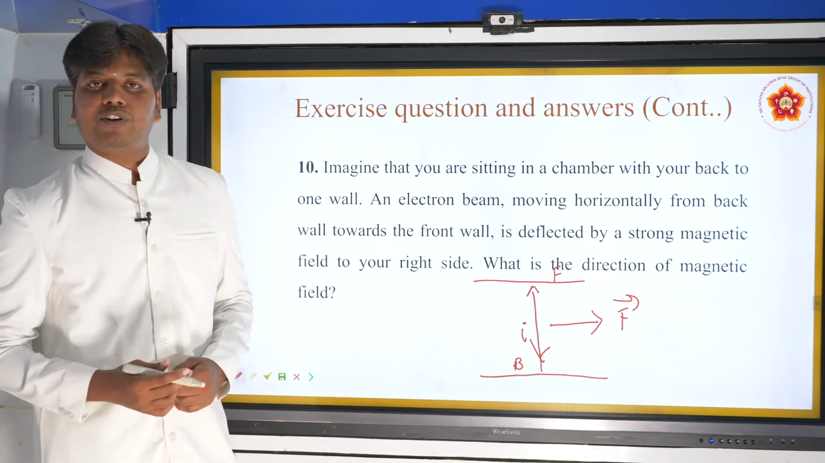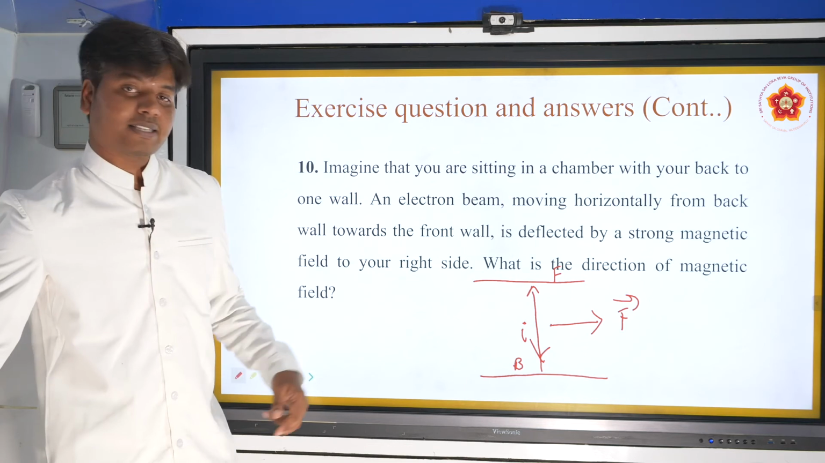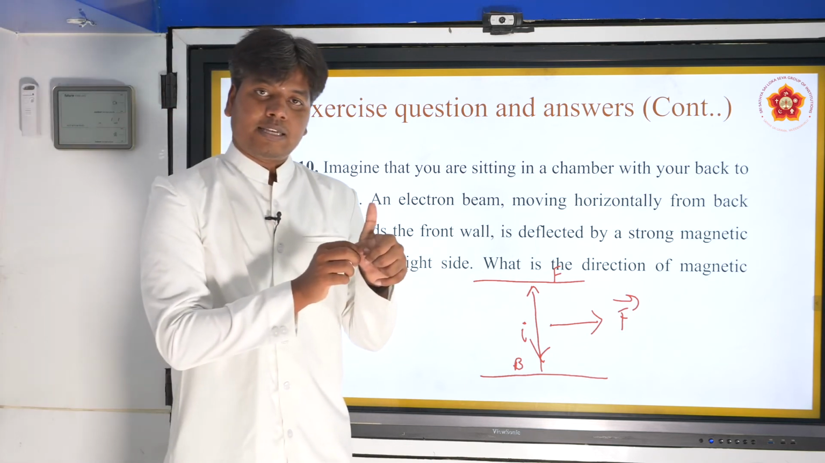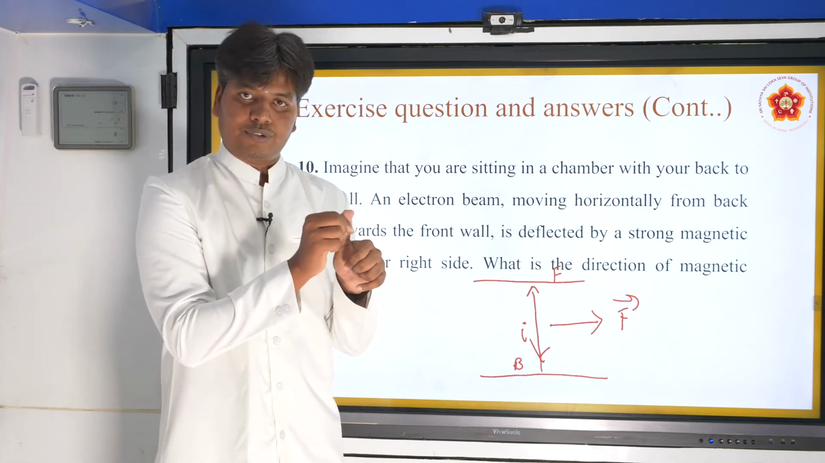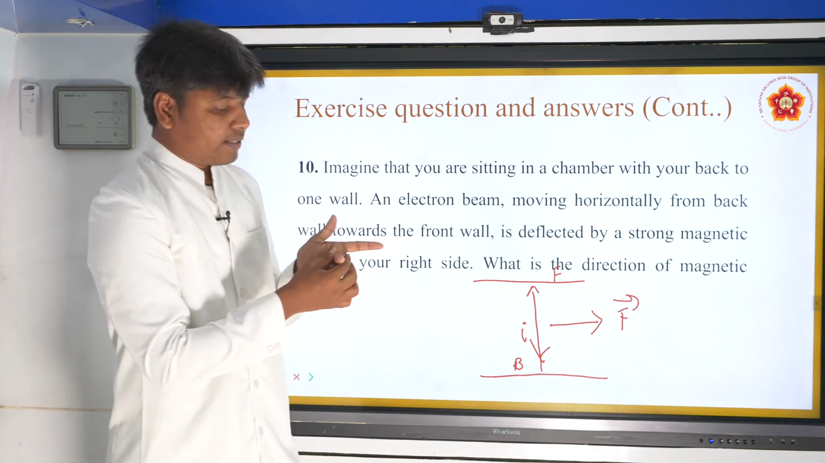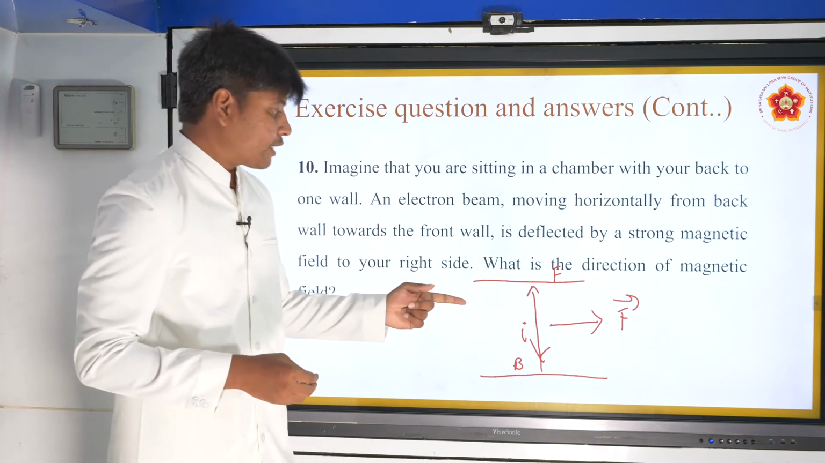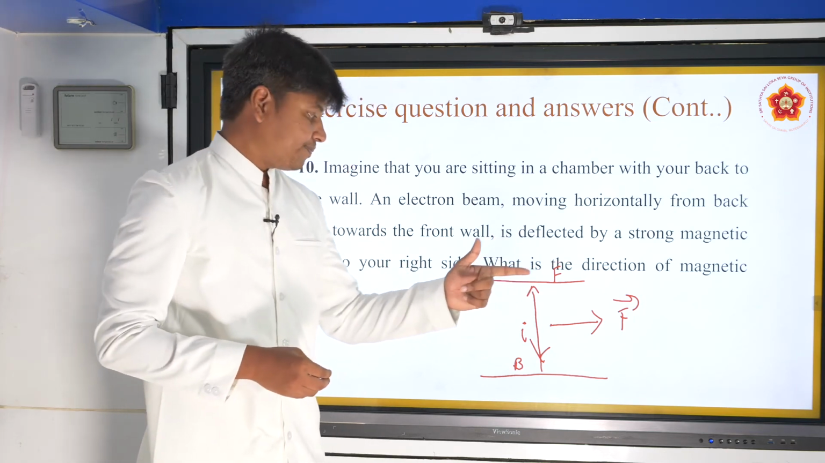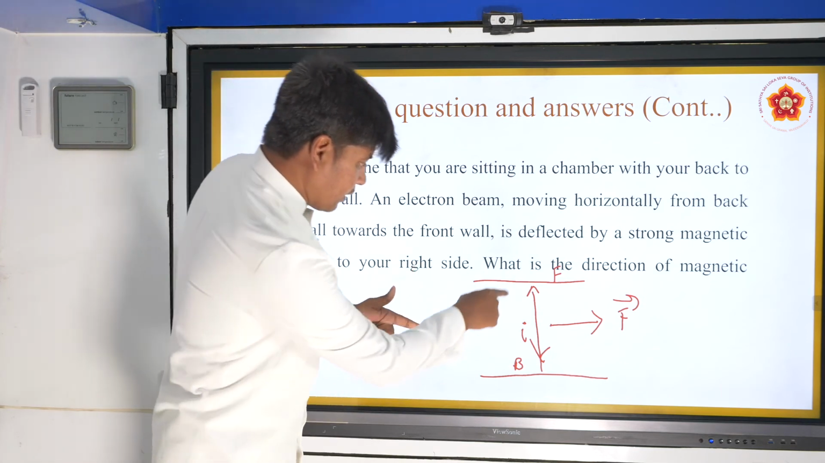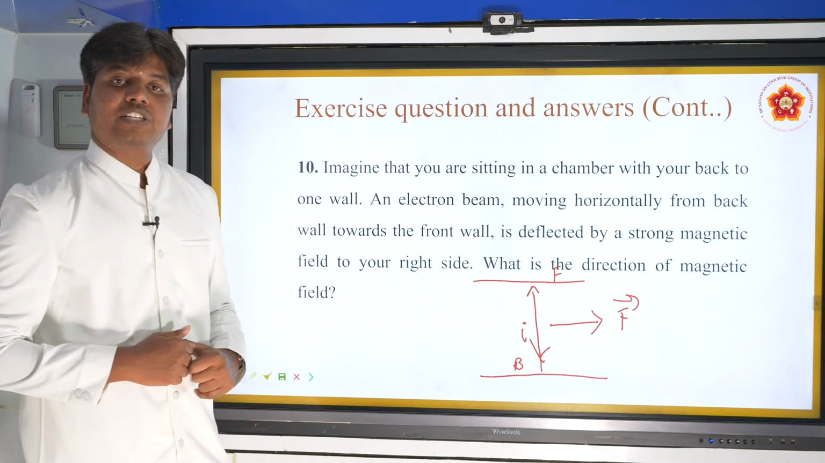Using Fleming's left hand rule, you can easily tell the direction of the magnetic field which he is asking. The thumb gives you the direction of force, the forefinger gives you the direction of magnetic field, and the middle finger gives you the direction of current. Now he gave you the direction of force in this direction. Now the current direction is down. What will be the direction of the